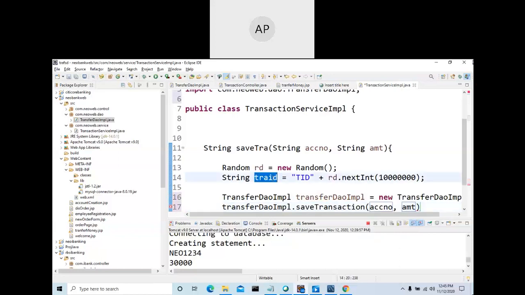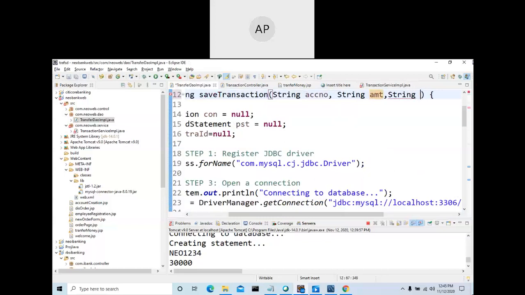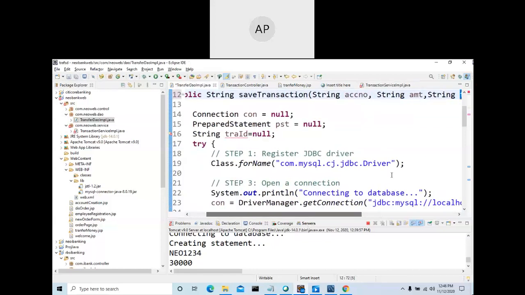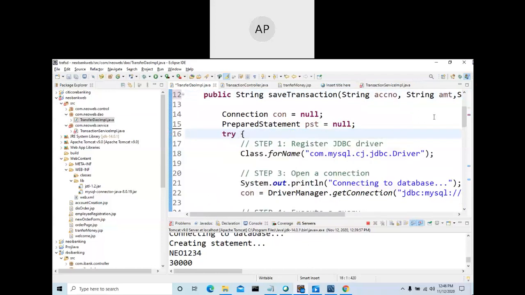I wrote something like this. Control V dot save, and you pass this transaction ID. What will happen if you pass this one? You need to change the method here. It should contain String, comma, String, String, transaction ID.